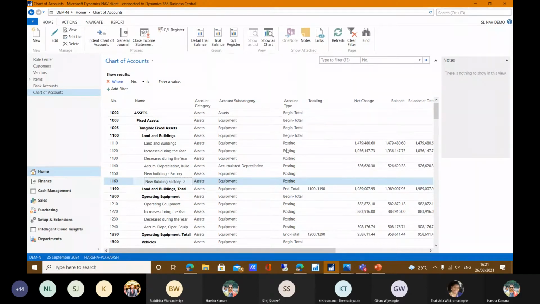Then Navision checks the indentation of the entire chart of account list, and it will properly assign the chart of account in the land and building account category. And also you can see the total for each chart of account in the list. Land and building total appears as 1.9 million. It means your land and buildings, your increase during the year, and your accumulated depreciation total amount is 1.9 million. And this you can also predefine as per your company requirement, and we can assign it in the implementation stage. This is only the demonstration.